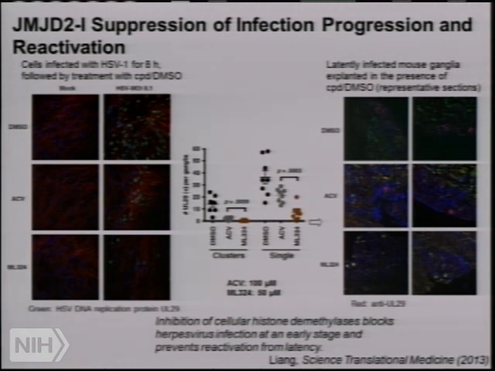So we don't know right now whether this inhibitor will become a drug for herpes virus. Obviously, the journey is very long. We haven't run actual in vivo animal studies. These are ex vivo experiments, and we're obviously very far from clinical trials, but at least we're able to use the small molecule to provide initial proof of concept that inhibiting the host histone demethylases can be used to modulate the herpes virus and related virus infections.